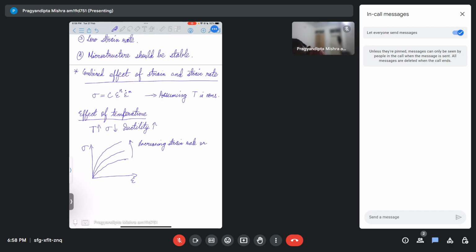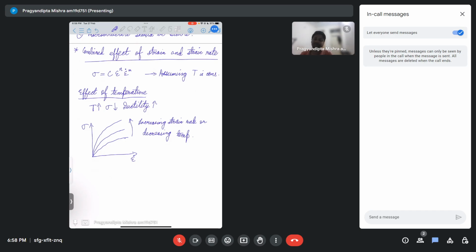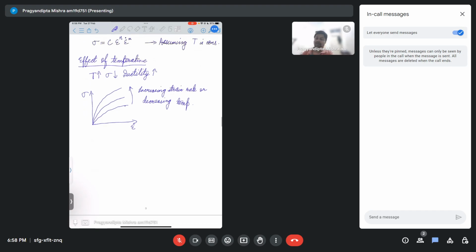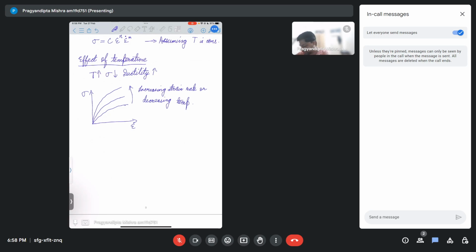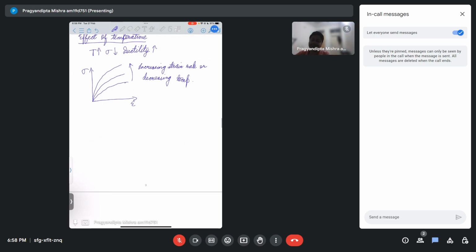Or decreasing temperature. Okay. So another relation that we can write and remember for future reference is